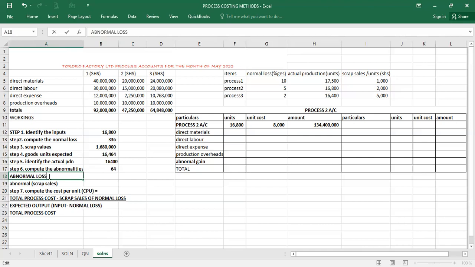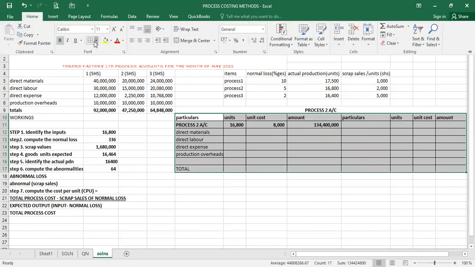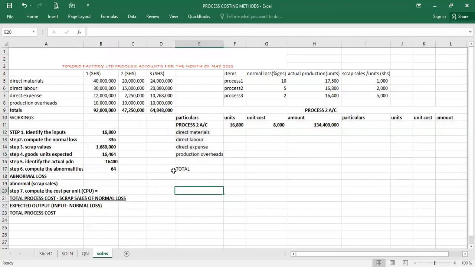This is a loss. So it is not supposed to be here anymore. It is now going to be this side. So we can go ahead and try to get this information right. We see what we can do. We can try to remove these borders and we do something which is a bit fresh. Okay, and remove even this word total. Okay, since we've got that as 64 as our